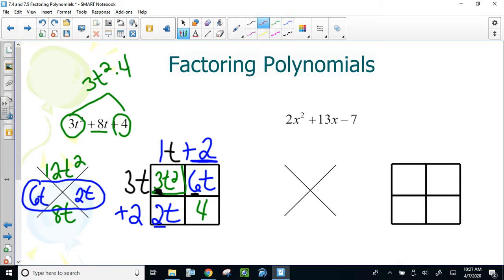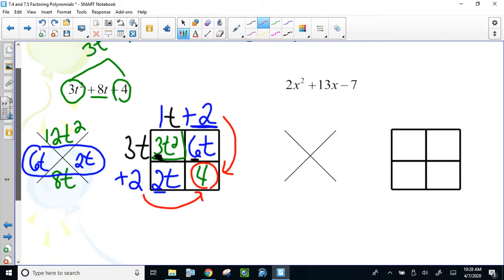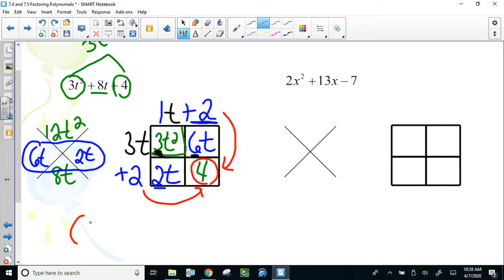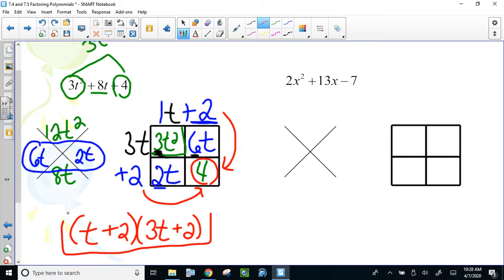And then this is where we check our answers. Does 2 times our 2 make our 4 in the last box? And yes, sure enough, it does. So we have our answers. I'm just going to write t plus 2 instead of 1t. And then we have 3t plus 2. And those side pieces, the top of the box and the side of the box, that's where our answers come